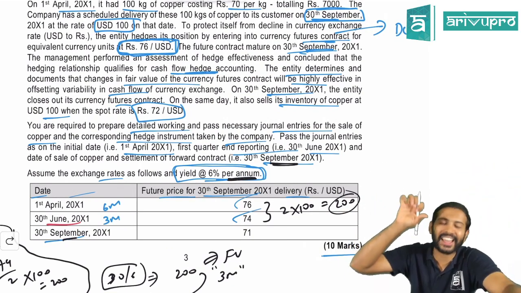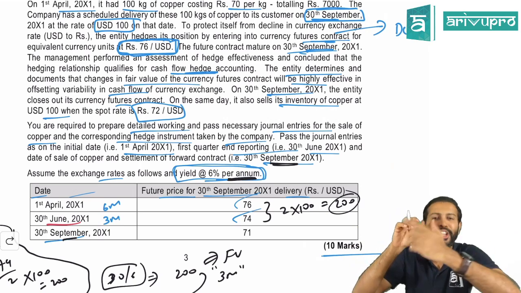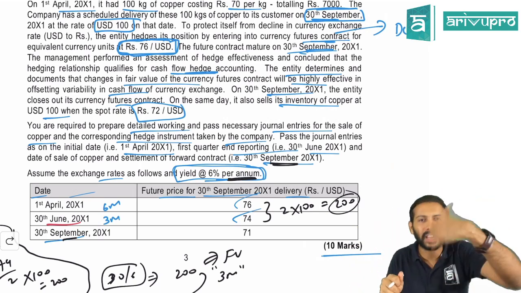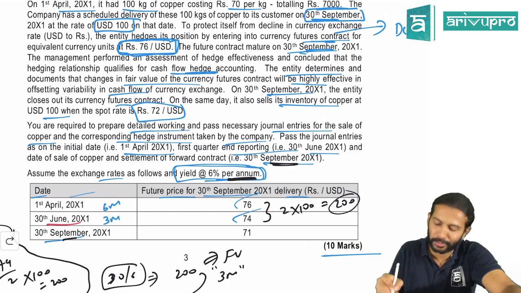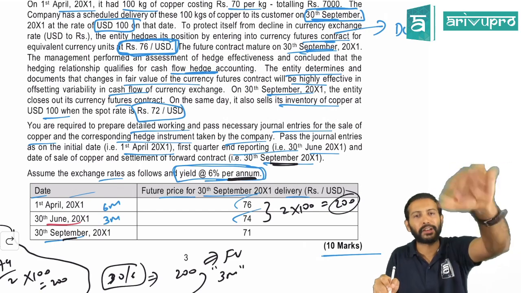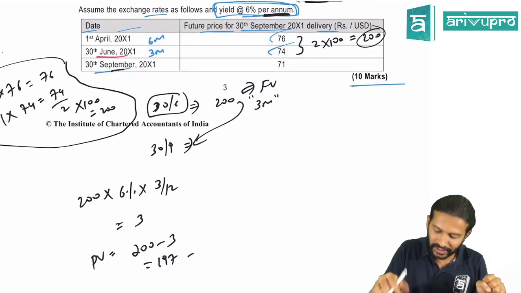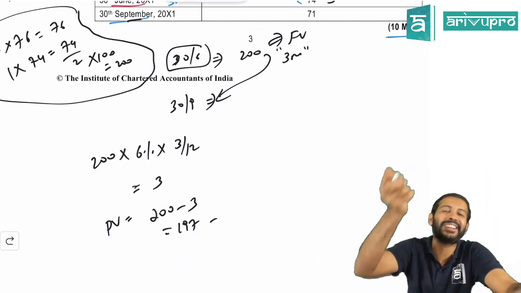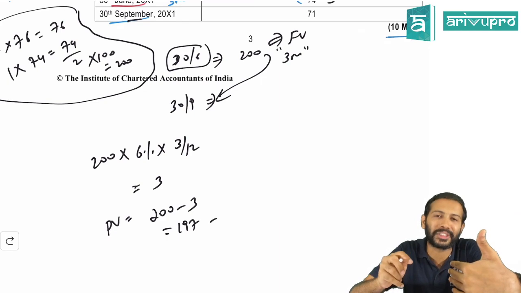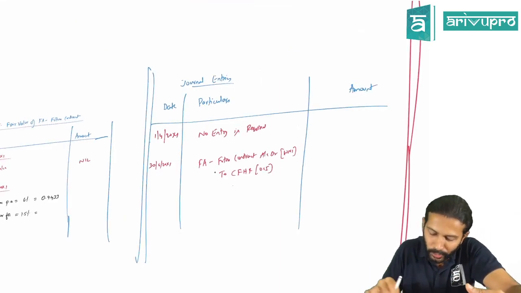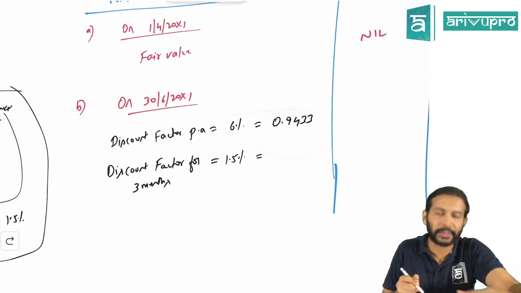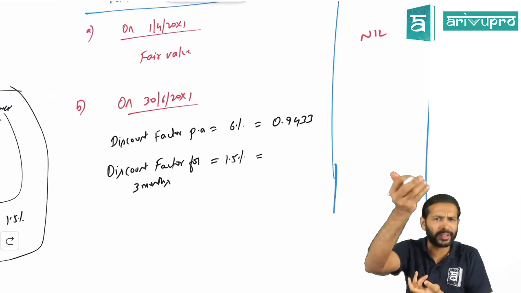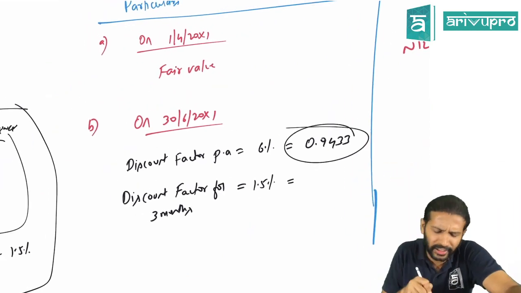So don't just calculate the fair value gain or loss. You also need to find out the time value of money impact, because this gain will be the future value. Find out the present value of it. That calculation is simple, but like this we can't show it to the examiner. There is a certain way in which we calculate. How do you calculate the present value? We take the cash flow and multiply it by the discount factor, the PVIF, present value interest factor. That is what I'm finding out here.